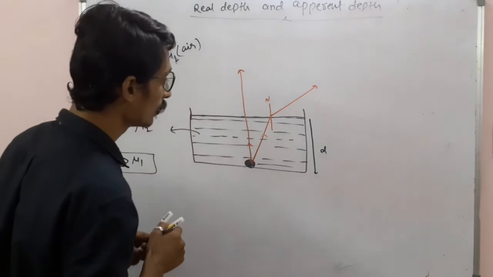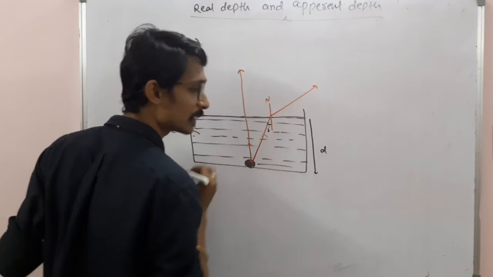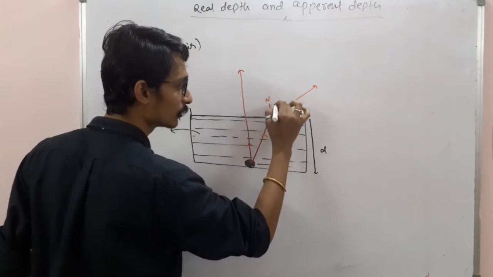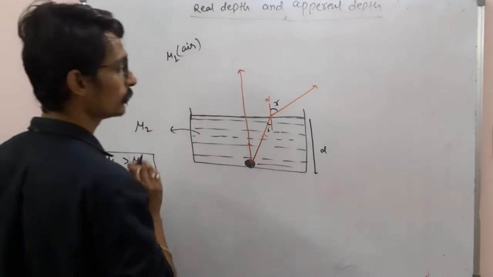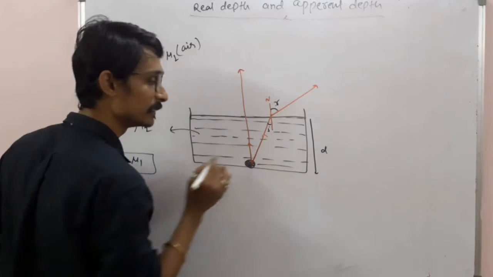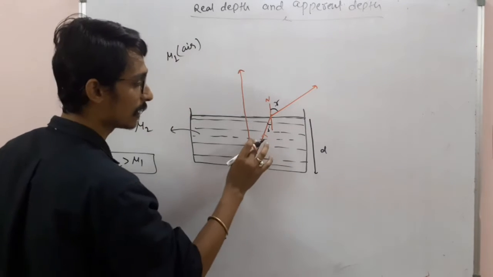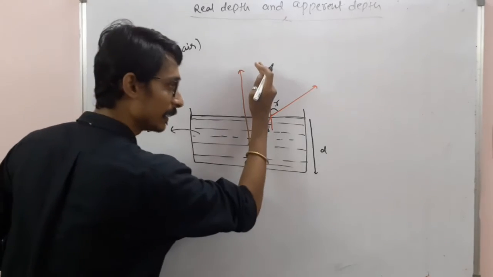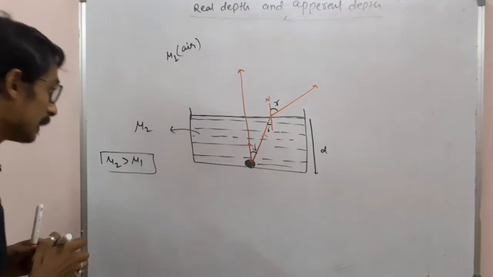Now, if this is the incident ray, then obviously this will be the angle of incidence i. And if this is the refracted ray, then this is the angle of refraction, r. Any confusion here? One thing now, from geometry, see this line very clearly, this one, this and this. Is it a Z formation? So from geometry this angle will be i. This is i, so this is also i. And again this line and this line both are parallel.